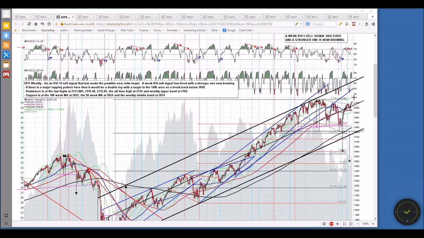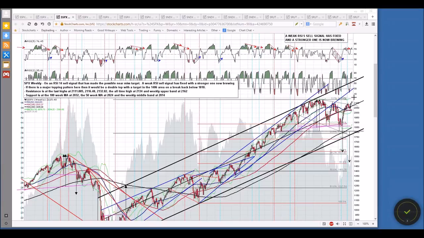So is there a possibility that the 4th wave is in? Yes, that's one possibility. There's another possibility that this is a B wave. And with the banks breaking down in Europe, and this market going up on air, I got to tell you, that's also another possibility that we can't throw away as a possible scenario.